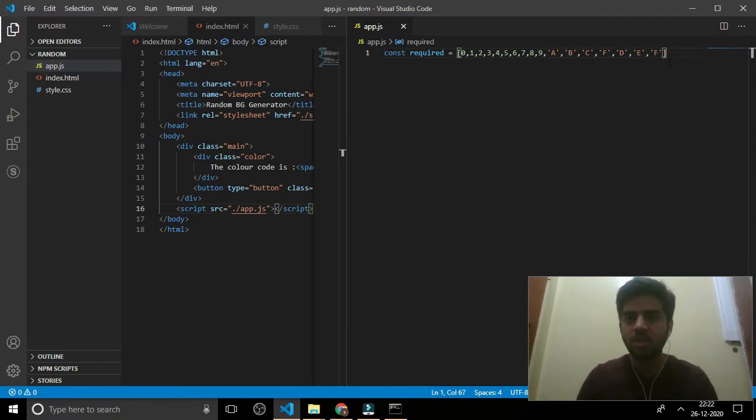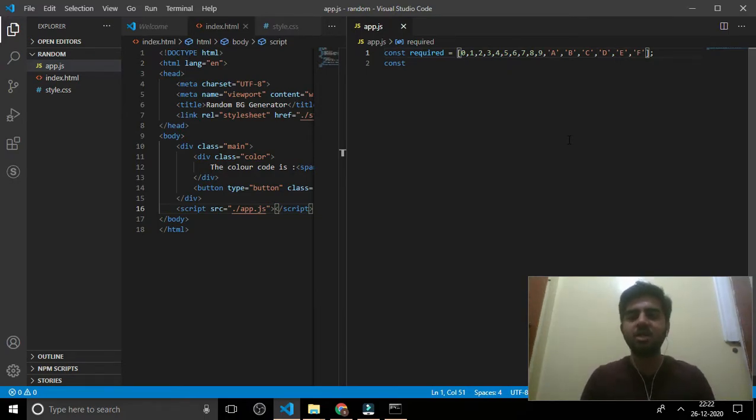So I'll declare another constant. And you may ask why only restrict till alphabet F. Because it's hexadecimal. Every color that we use in CSS is hexadecimal.